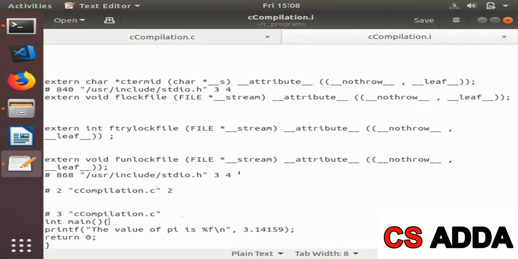Because the preprocessor has actually replaced it with the code that is written inside the file. So the above lines that are added over here are nothing but the code that is written inside the stdio.h header file. One job of the preprocessor is to include the code that is written in the header file that we have included in our program. We just write hash include, then the header file name, and the preprocessor will automatically include the code